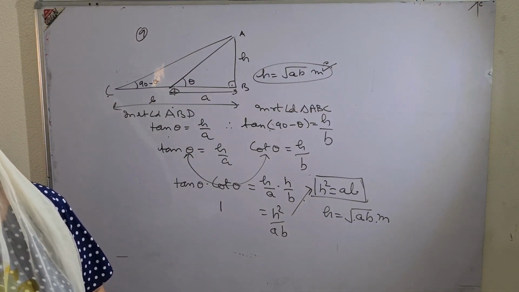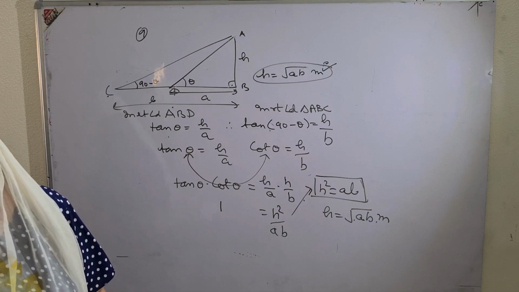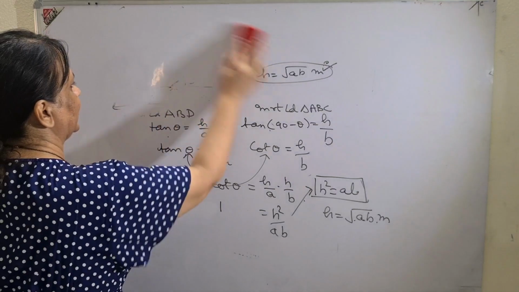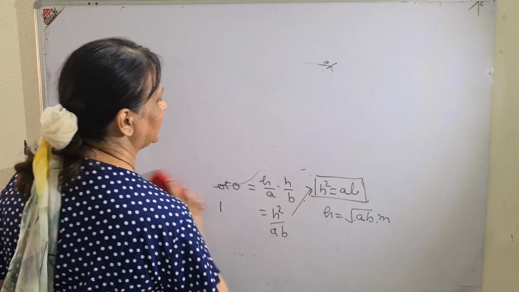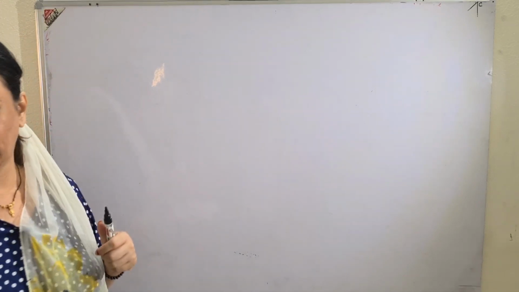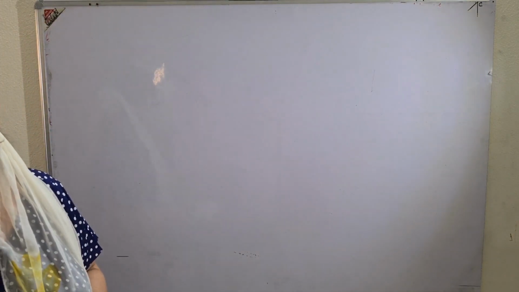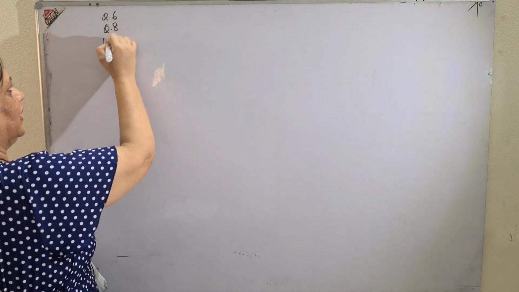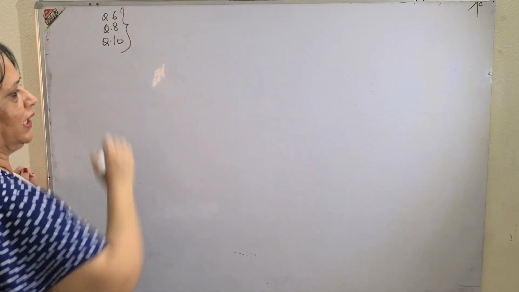Now see, question number 6 which I left before. 6th, 8th and 10th are the same, so I thought I will do them together. 6th, 8th and 10th, same method of doing it, children. So one of them I will do and the other two are the same. You will try yourself. I'll do question number 10. I'm talking about question number 6, 8 and 10, same language, same method.